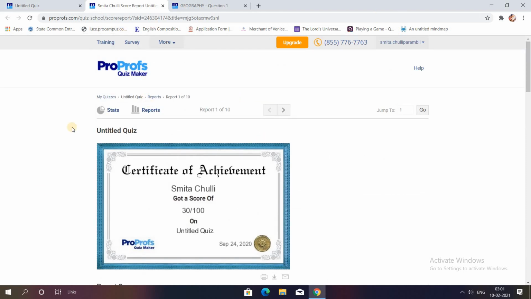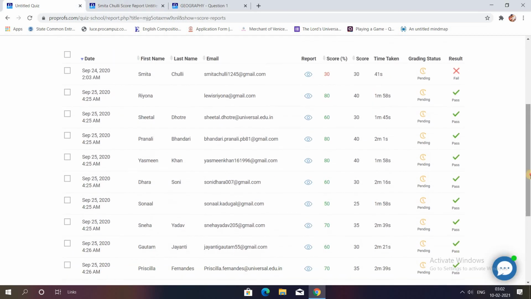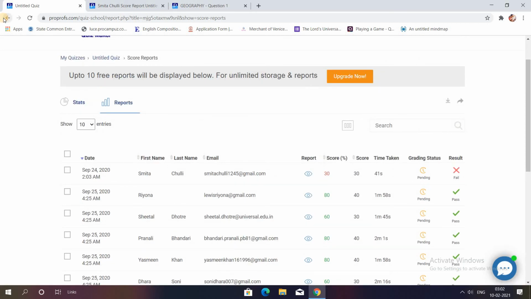This is what attracts many users to make use of this application, that it allows the evaluator or the teacher to give certificates to the student, and also to have an in-depth understanding of their child's or their students' performance. You can see all the students have performed. So, going back,